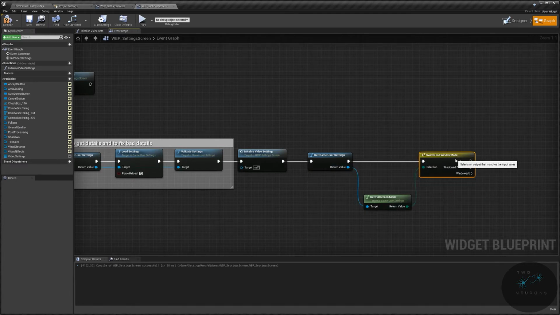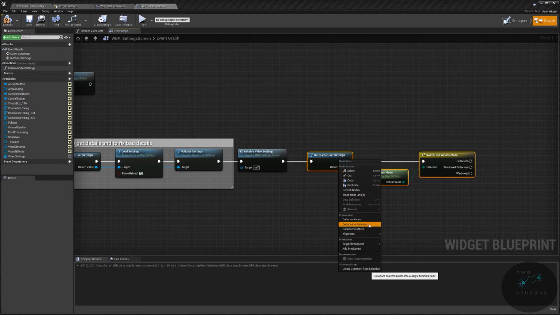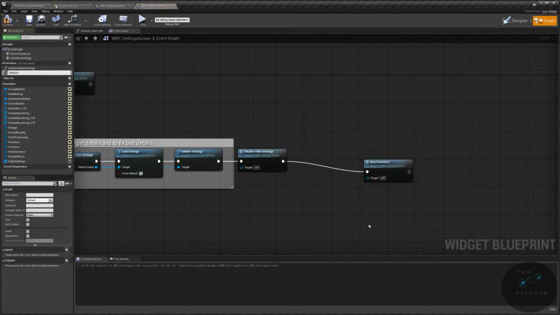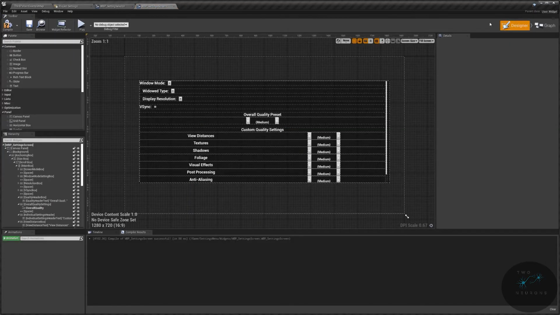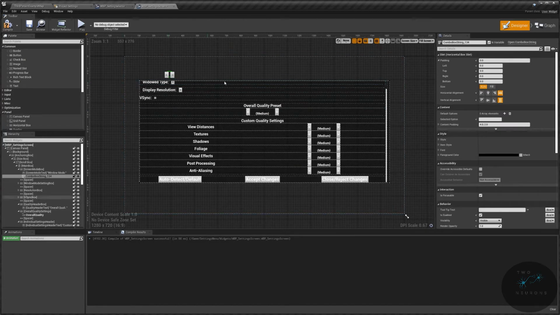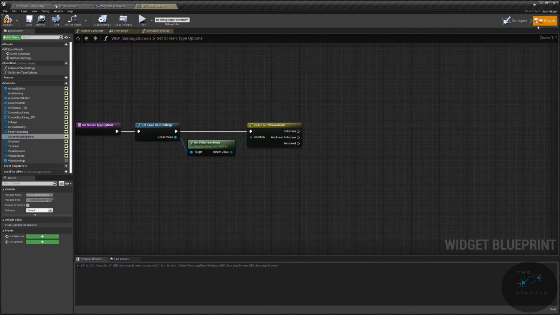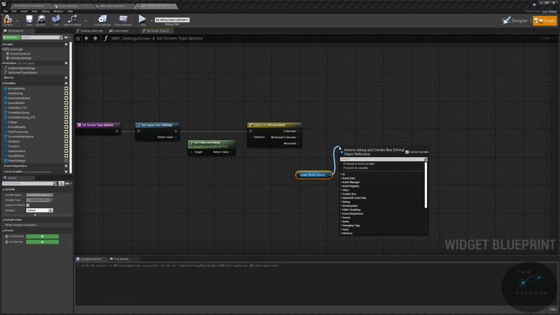Okay, so I'm just going to pause there for a moment to grab these three nodes. We're going to collapse them down to a function, and this function will be set screen type options. There we go. Just pop that open for a moment. In here, we're going to go back to this window for a minute. We're going to select that combo box at the top there, and this will be our screen mode options. We'll do the other combo boxes as we need to. So grab your screen mode options there, get them, and we're going to do set